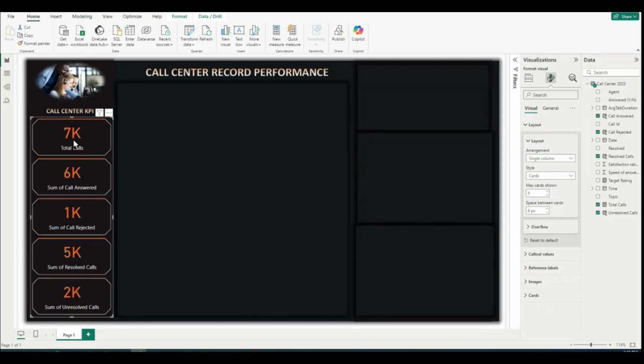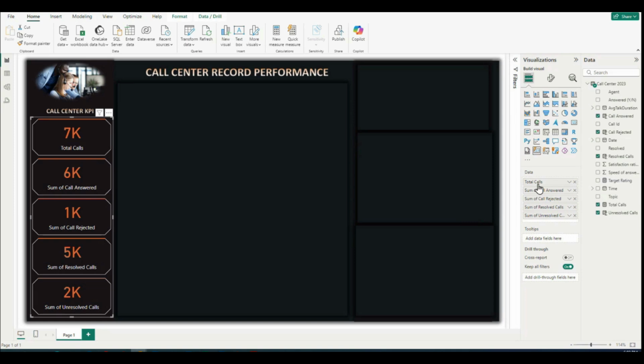The next thing is you can see this text that we are seeing: sum of call answered, sum of unresolved calls. So let's standardize these and just name them call answered, call rejected, resolved calls, and unresolved calls. For that, I'm going to make this layout smaller. Let's go to the data for your visuals, and you see these are the headers that we are exactly seeing over here. So I'm going to click on this,